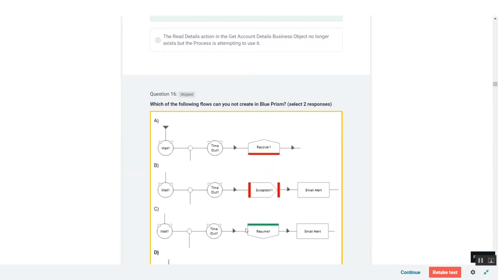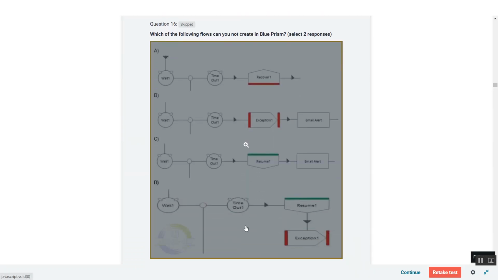Which of the stages can you not create in Blue Prism? Okay, A, the recover stage cannot be given input, I think. Okay, this is not the correct one. Okay, B, the exception stage. We cannot get the output from the exception stage. So this will also not be the correct one.